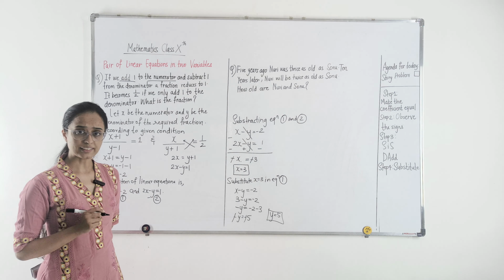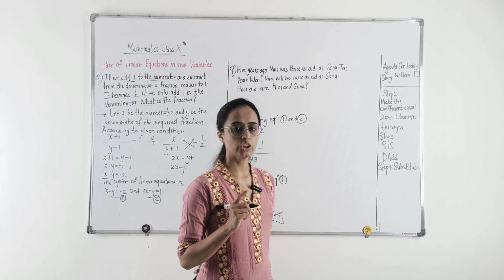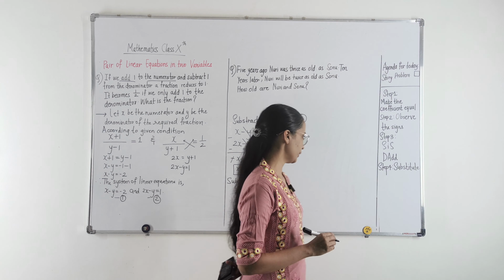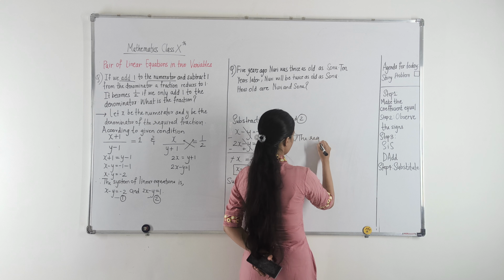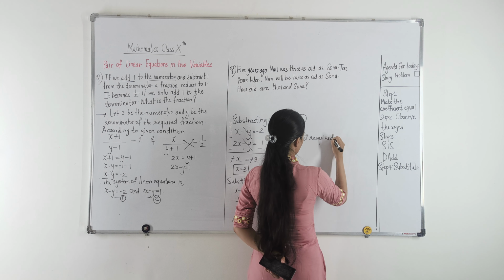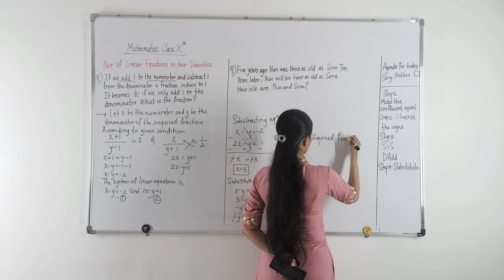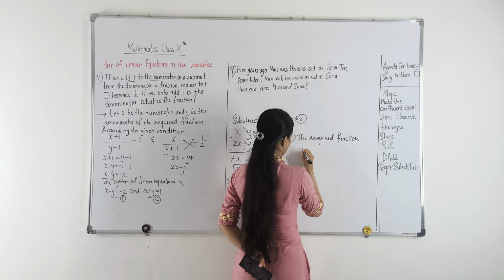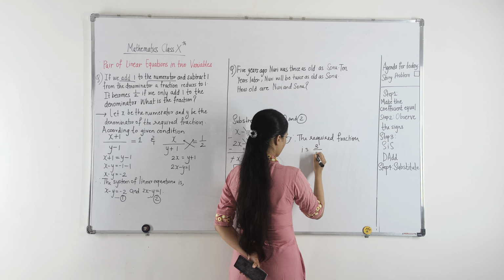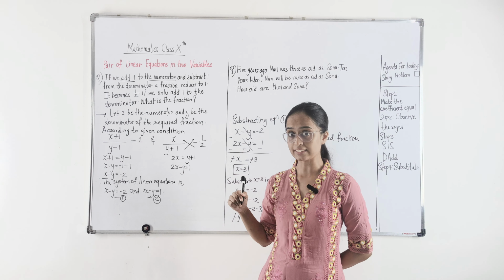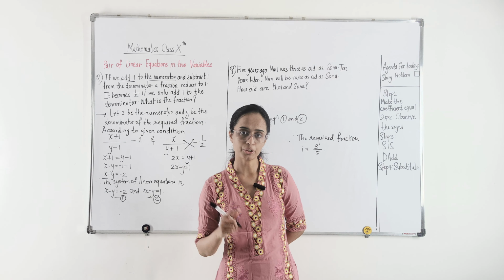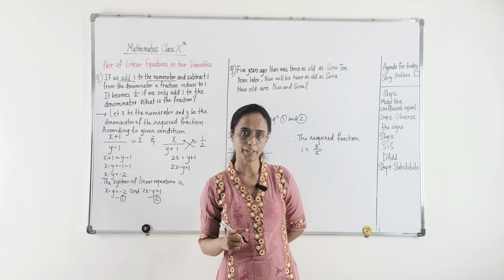Now you have got x as 3, y as 5, where x is your numerator, y is your denominator. Therefore, the required fraction is 3 by 5. So whenever a question like this comes, where you are supposed to find the numerator and where you are supposed to find the fraction,